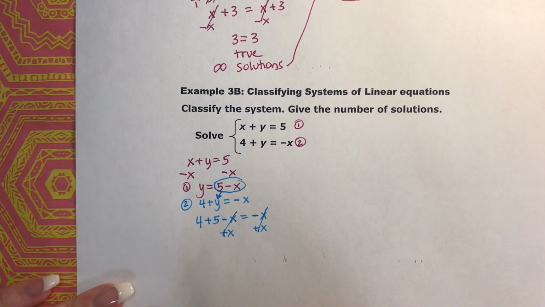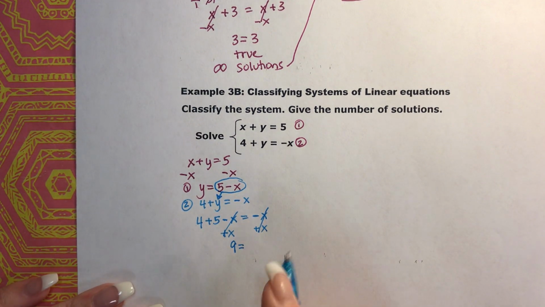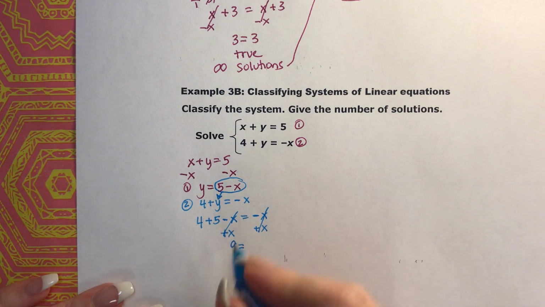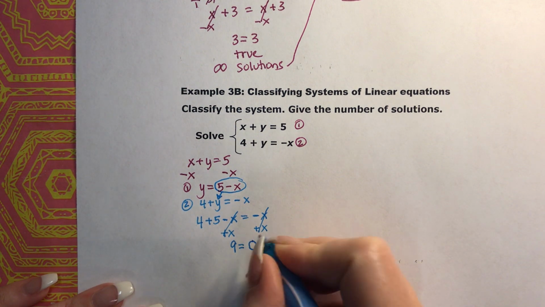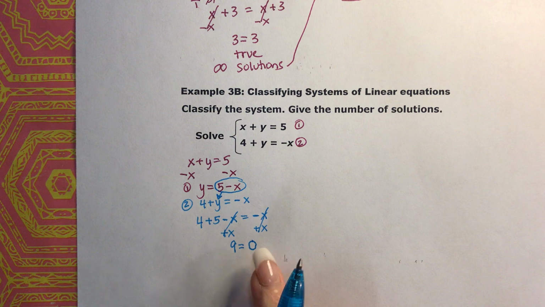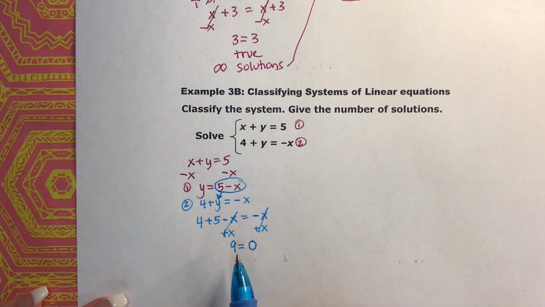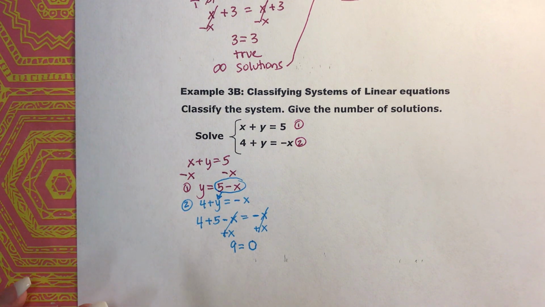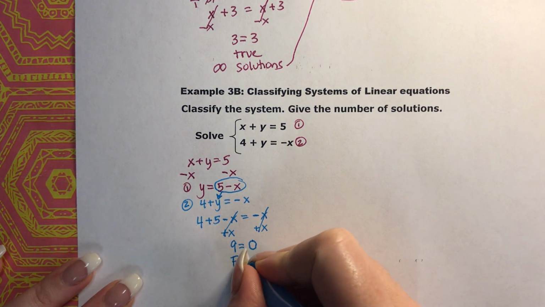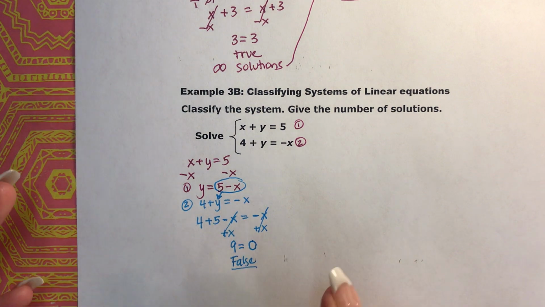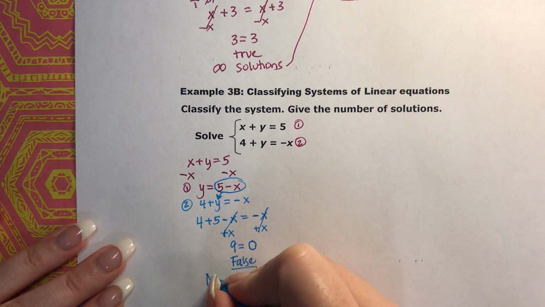So 4 plus 5, that's 9. And then negative x plus x is 0. Don't be afraid to write 0. When it cancels out, it means there's nothing there, and so nothing represents something. It's 0. So what we have here, is this a true statement or a false statement? It's a false statement, which means there's no solution,